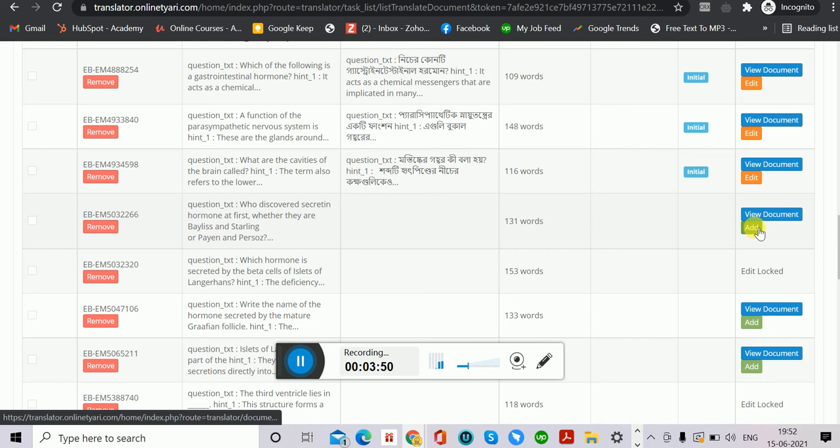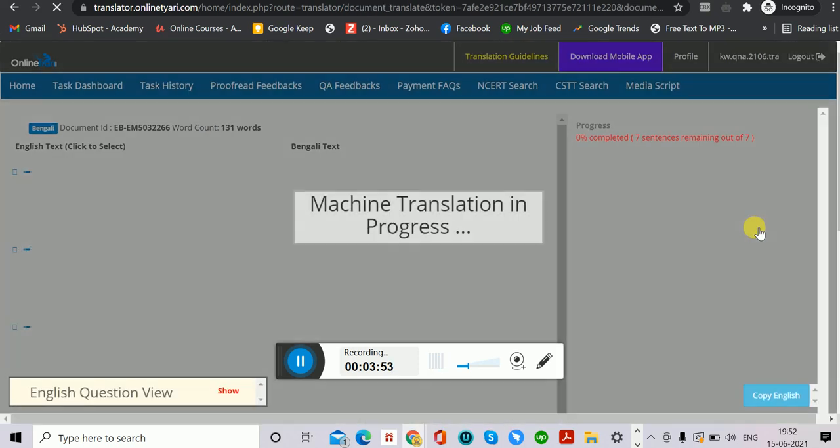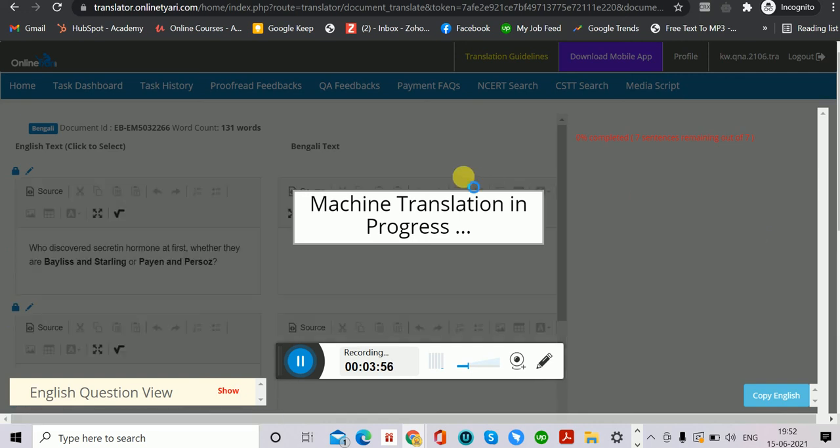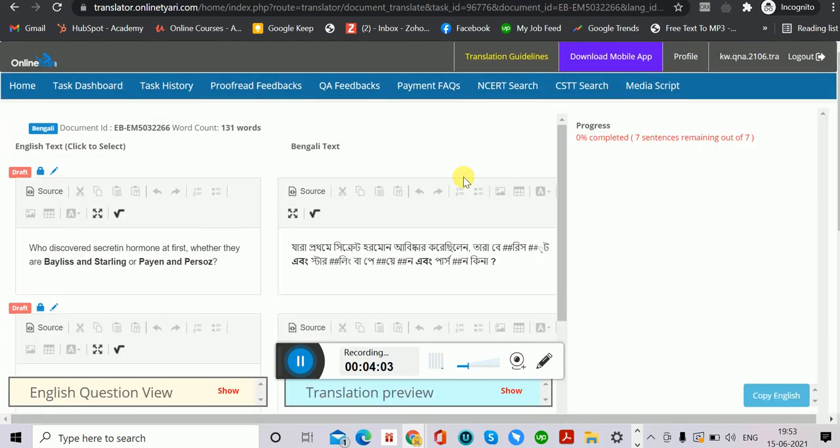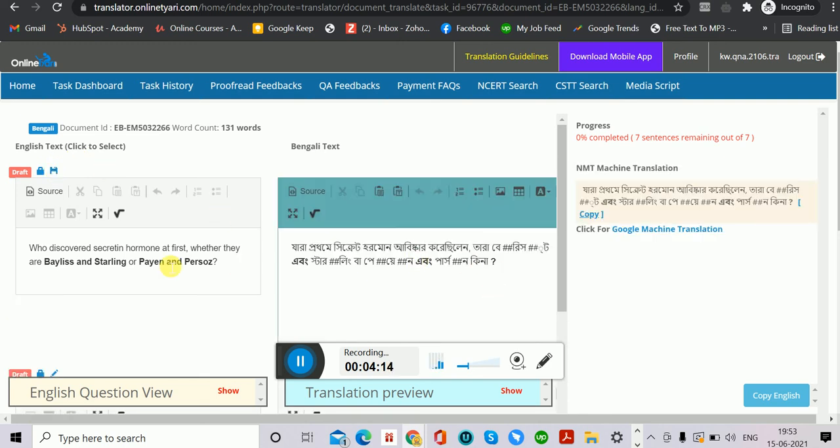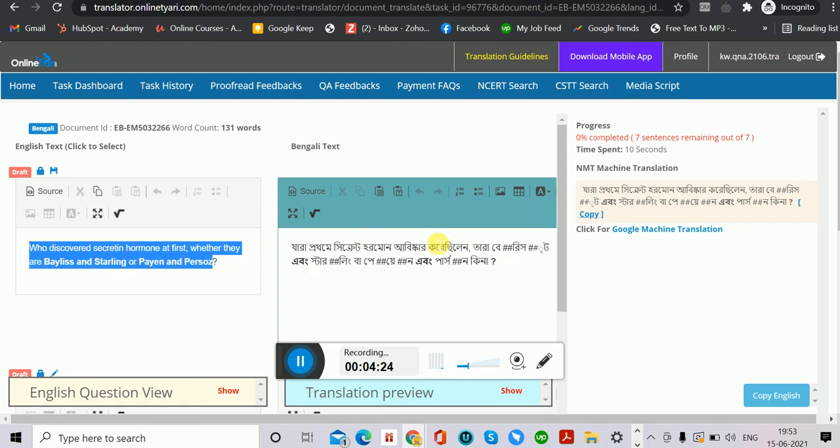Okay, so now what you have to do, just simple, click on this pen button, pen icon. After this, you can edit this column. What you have to do is translate this, or just proofread and check. If you didn't get this translation, you just get the first column of English translation, so you have to type all this.